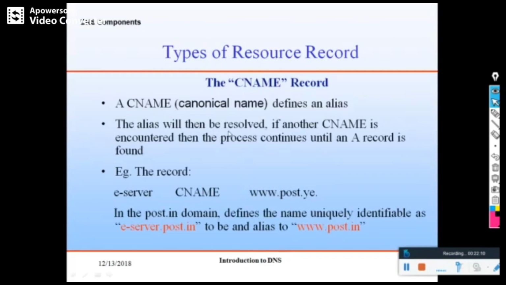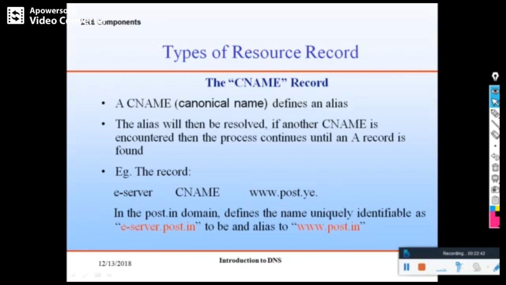Canonical name means sometimes it is called an alias name. For example, it says here www.post.ye. This can also be called by another name, that is eserver.post.in.